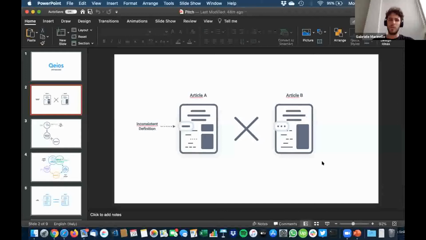Now, I told you about the problem regarding the definition of BRONJ. There are 30, 40 different definitions. With regard to the definition of quality of life, we have 1,500 different definitions. Imagine 1,500 different definitions of quality of life being used. It's incredible.